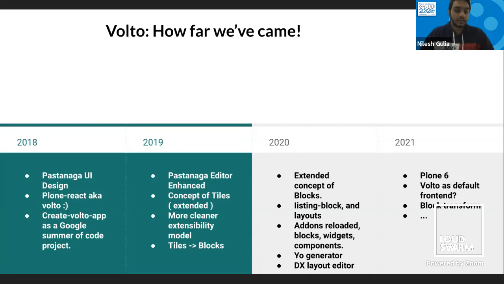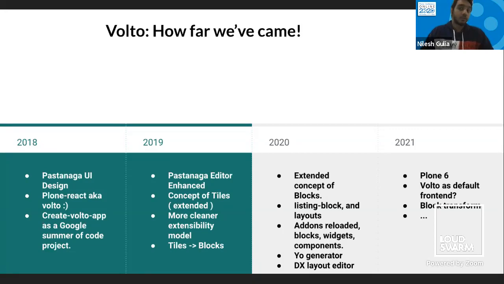It was named Plone React, as far as I remember, when it was in a very beta stage, and after that we changed the name to Volto.